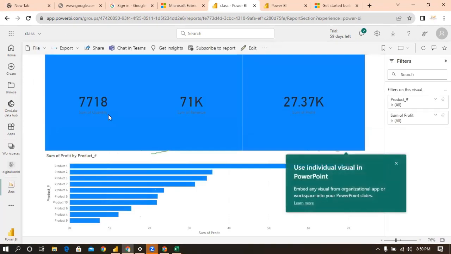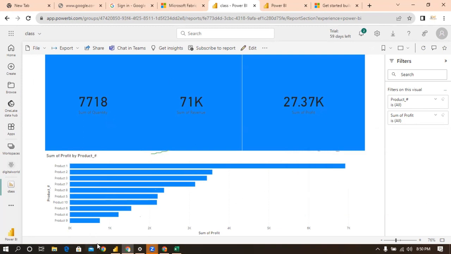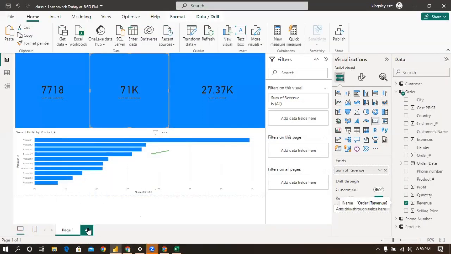So I can click on the reports to view the report like this. So this is the report. You can interact with it. If you had more pages, you will be able to see the pages here. So what I can do is if I come here and click on here,